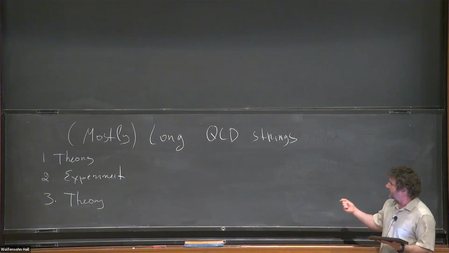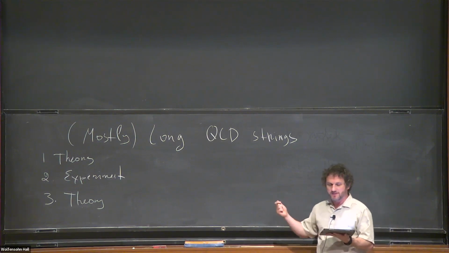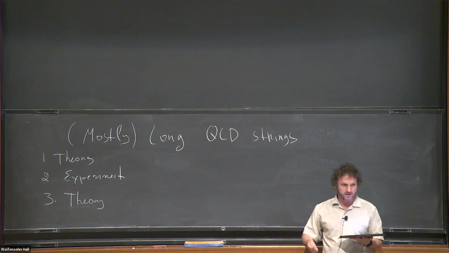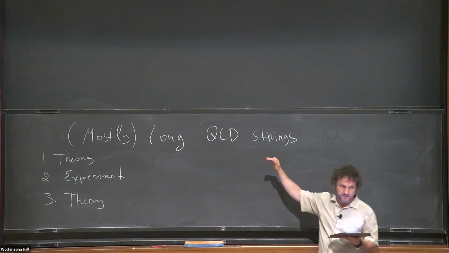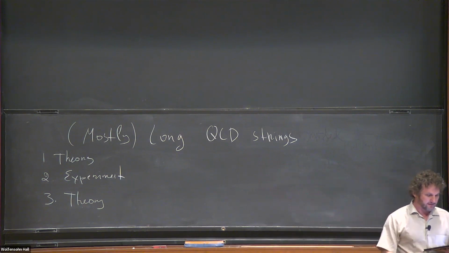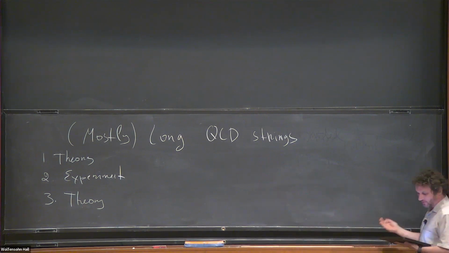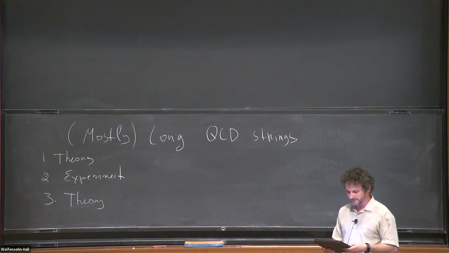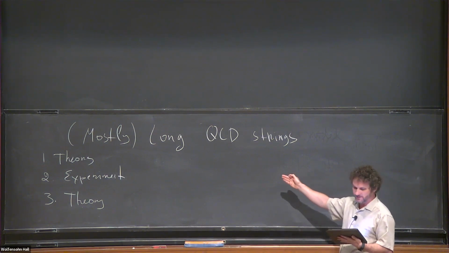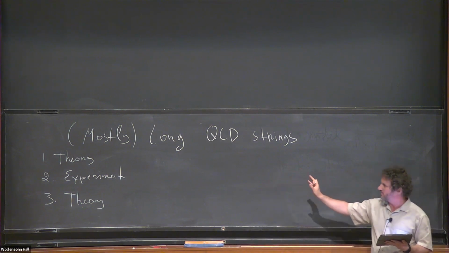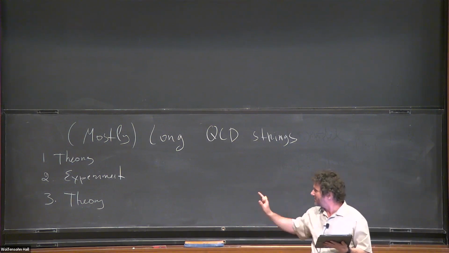Essentially experimentally, where by experiments here I mean both real experiments and simulations, we know that QCD is a theory of strings. And the question is, can we understand these strings? And at least in the way I will be approaching this question, unfortunately, there is no hope for a $1 million prize,